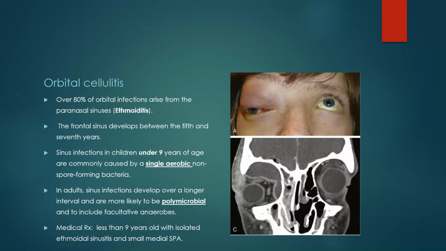But in milder conditions, they treat it medically and they observe the improvement, and according to that, they plan for the next step. So, if the patient is above 9 or 14, let's say, this is